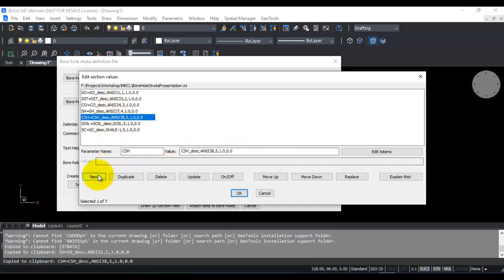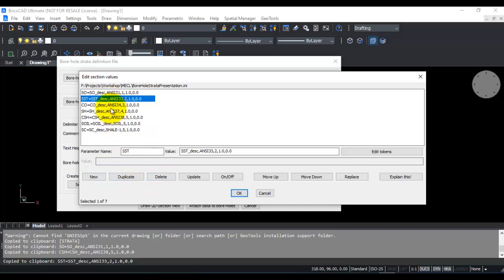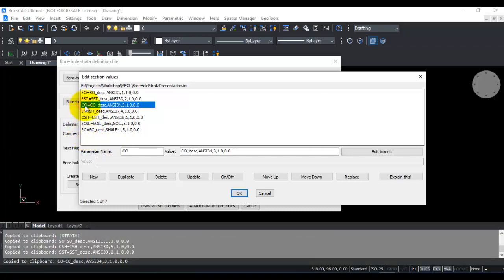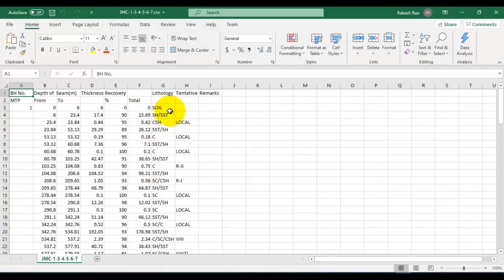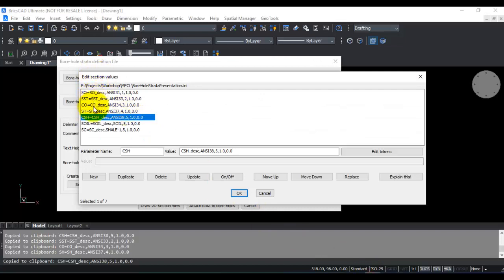You can add new descriptions, edit existing descriptions, change the scale, change the hatch pattern, you can do everything that you want. All you need to make sure is that the lithology name specified here must match what is shown in the CSV file. For example, in the CSV file you can see lithology names like SST, C and so on. This column must match what is shown in the INI file.